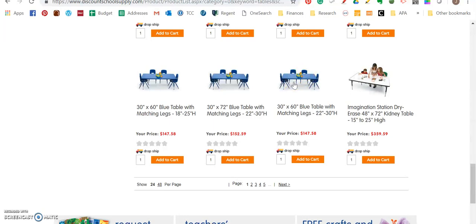So let's see, if I have 20 children in there, how many am I going to need? 6 times 2 is 12. 6 times 3 is 18. So I'm really going to need 4. 6 times 4 is 24. So I'm going to copy this number, 147.58,